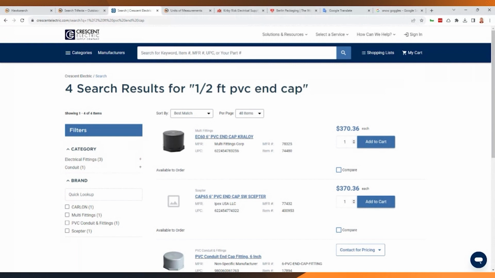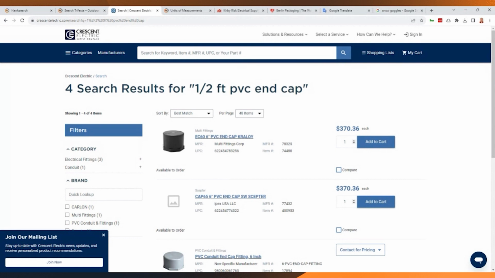And so if I'm looking for half of a foot, another value that we could look for would be 6 inches. And so even though half foot appears in none of these product descriptions, it understands the mathematical value, what is the actual value that we're looking for there could mean 6 inches. It's the pattern that we're looking at there. And it's also taking it from imperial to metric.